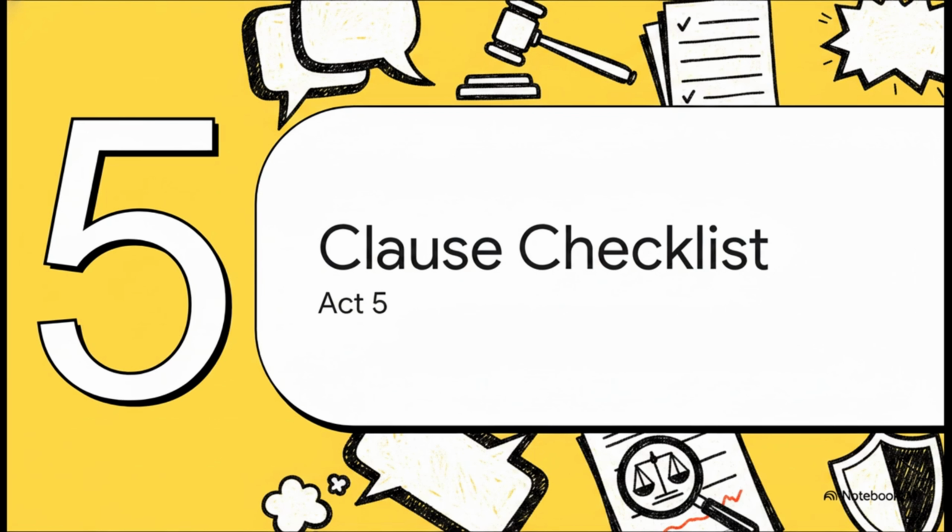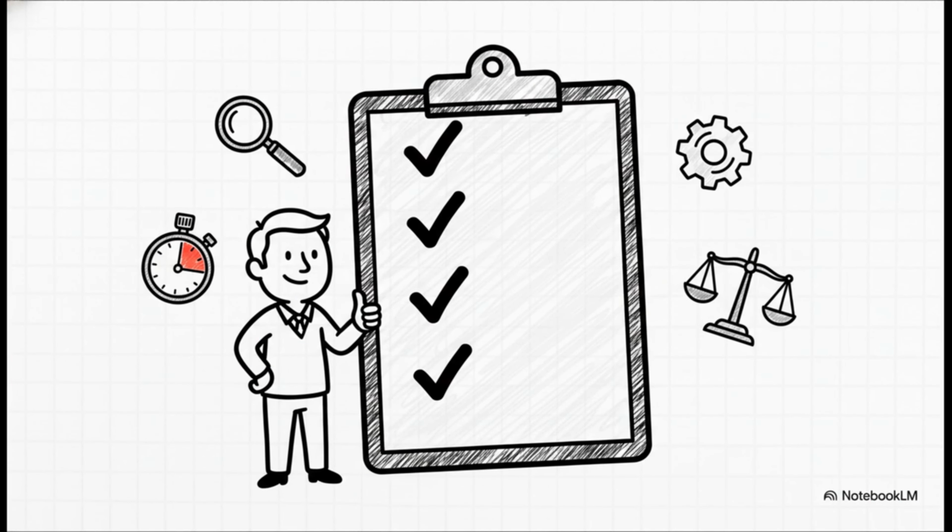Which brings us to our final act, Act 5, the Bulletproof Clause Checklist. Thankfully, our arbitration counsel, Dr. Rao, is here to clean up the mess and establish a rock-solid, bulletproof agreement using a very strict checklist. This list right here contains absolutely everything you need to ensure your dispute actually makes it to Justice Sen's arbitral tribunal without getting completely derailed by silly technicalities. From ensuring a broad scope and clear rules to setting realistic timelines and defining a concrete legal seat, checking off every single one of these boxes actively protects the integrity of your entire dispute resolution process.